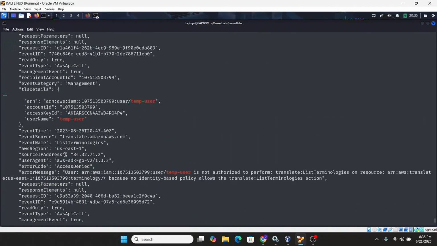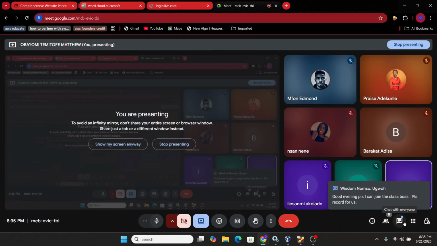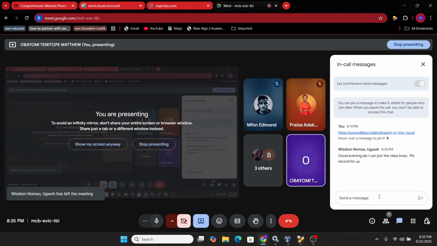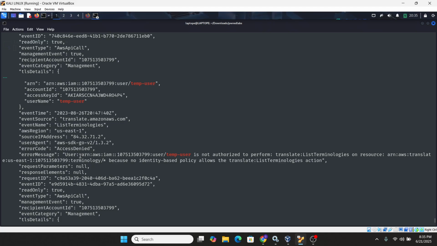You can see the user was performing enumeration, and this is the IP address that the person that abused this user is making use of. This is the IP address that the user who compromised this account is performing this attack from.